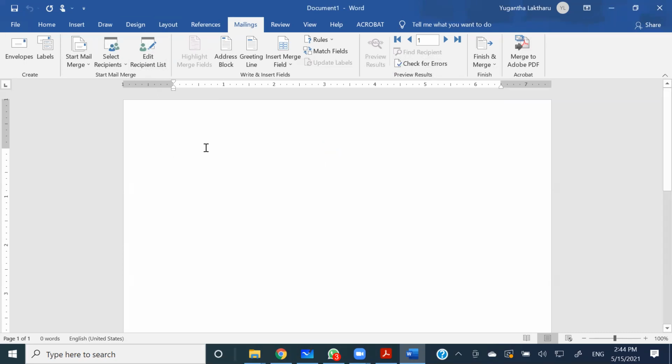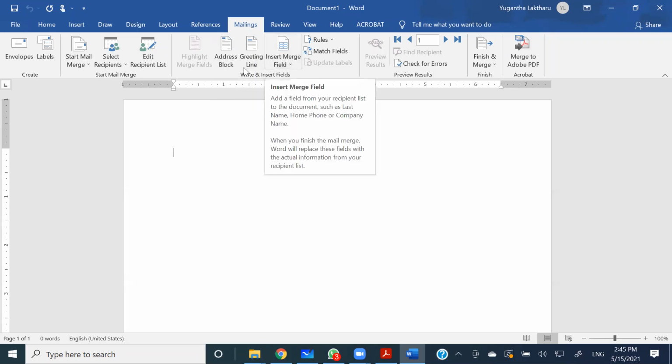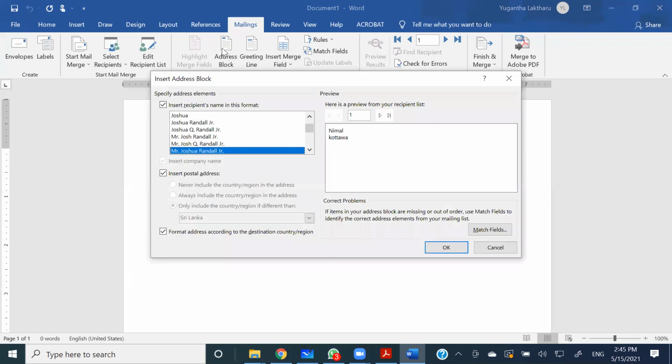So now we are given the ability to write and insert fields right over here, like address block, greeting lines, and inserting merge fields, right? And if I click on this, I am given the facility to